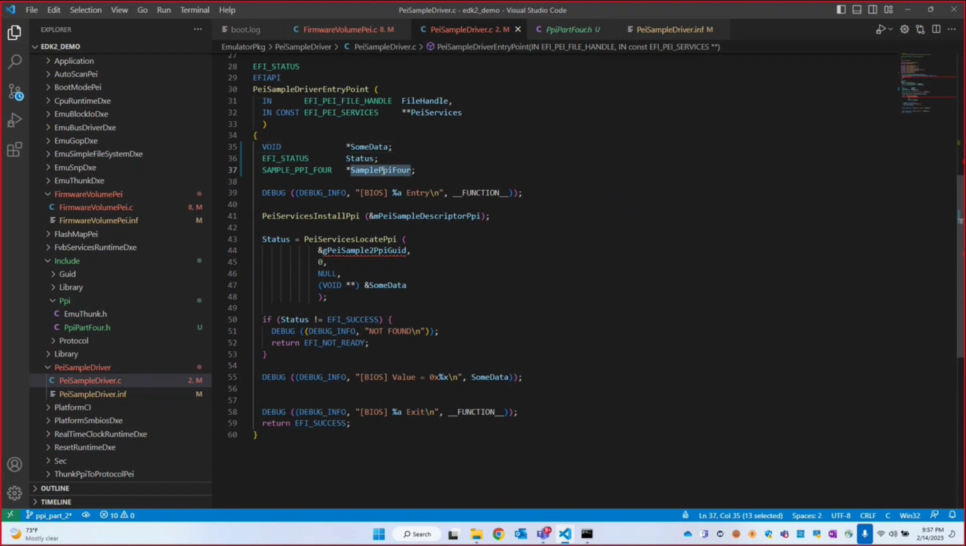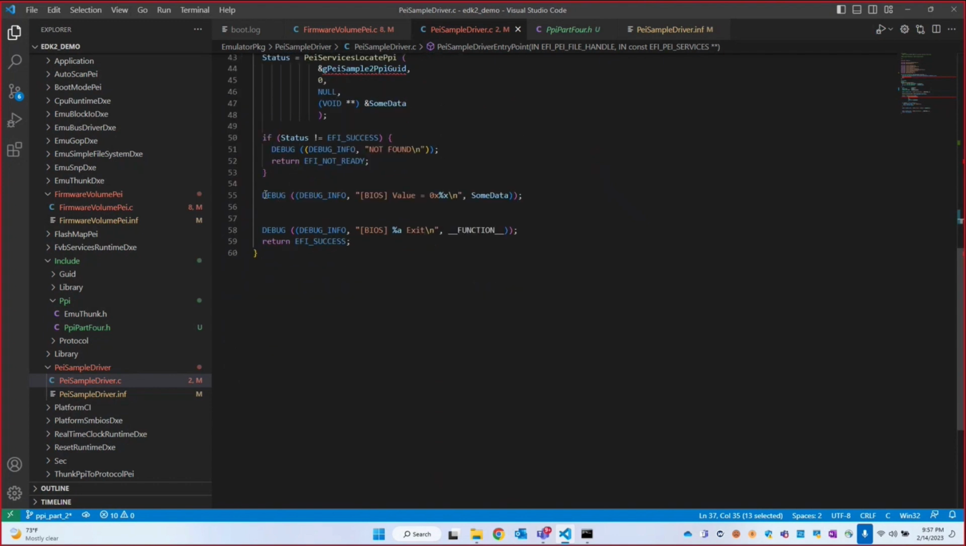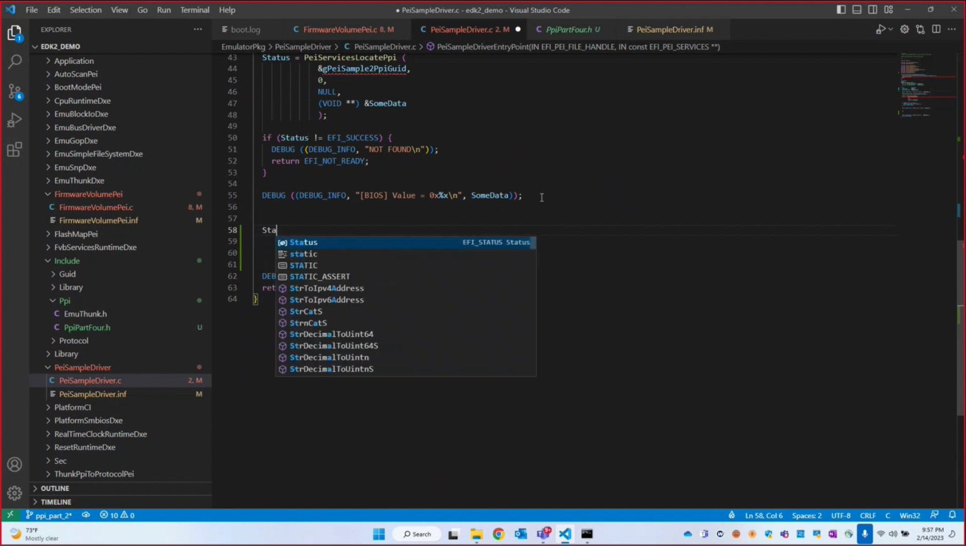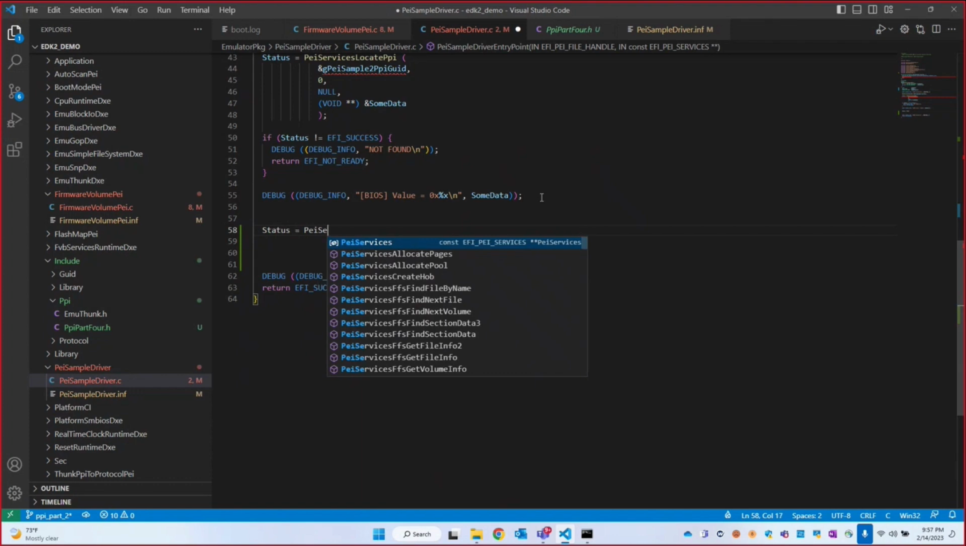So now this pointer should be assigned with some variable with some address, right? So how are we going to do that? Maybe after this value which we are printing, let's assign that. So I'm going to say status is equal to PI service